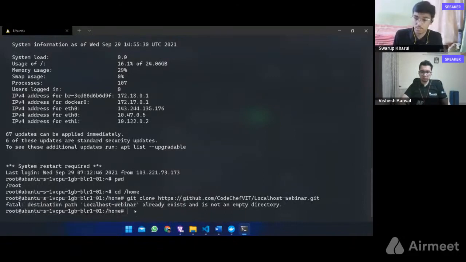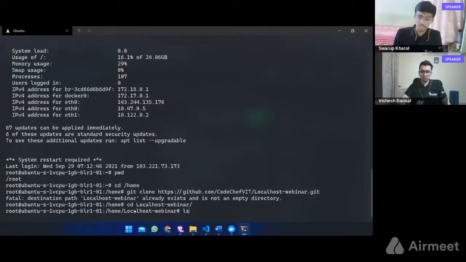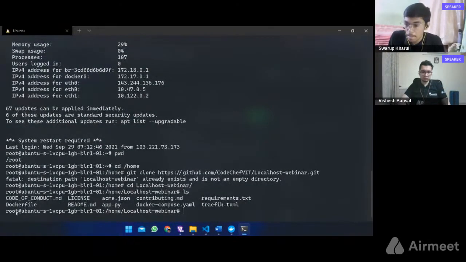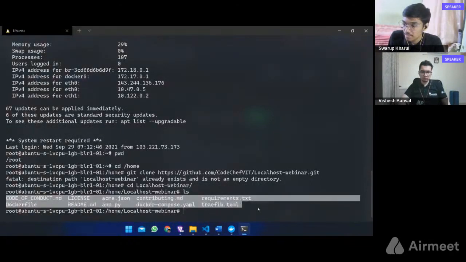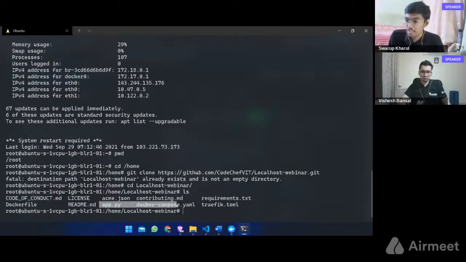Now I'll cd. As I told, we'll be using cd to get inside our directory, localhost. Now we'll see whether all our files are present or not. Yeah, we can see all our files. Mainly we are using app.py and the Dockerfile. This will be explained to you later on.